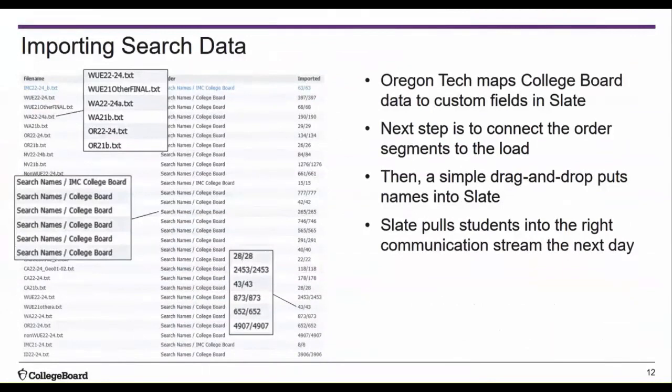At any given time, we're running 12 to 22 standing orders configured to deliver new names as the data loads or on a monthly basis, depending on the market, cohort, particular segment, assessment, and various other variables that feed into our segmented orders. Slate provides a standard source format for student search service that is easily modified to map custom